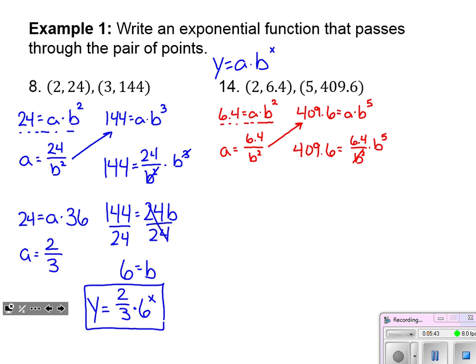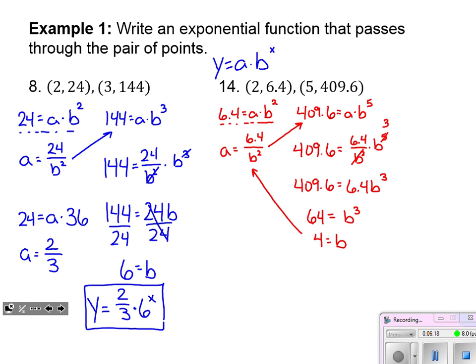And here we've got the same thing. B squared is going to be canceled out by that b to the fifth. It will reduce it to b to the third power. Not surprisingly, properties of exponents show up in exponential equations. We've seen that happen. So let's see, 409.6 equals 6.4b cubed. We'll divide away the 6.4. That's 64 equals b cubed. And to solve for b, just like in chapter 5, we will take the nth root, in this case the third root of both sides, and find that b equals 4.